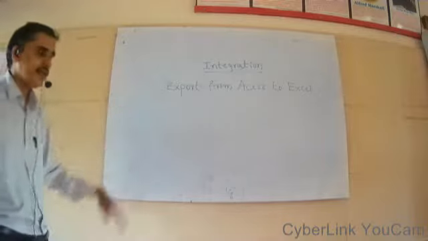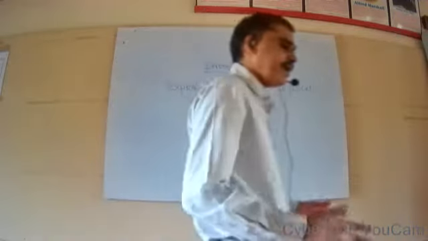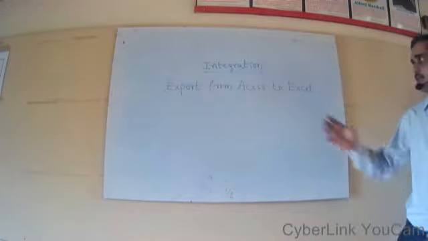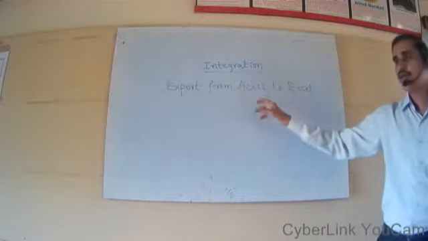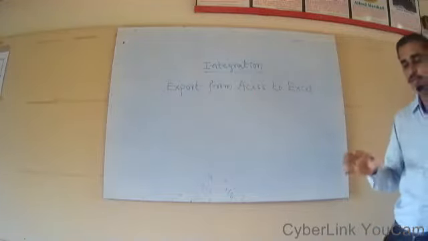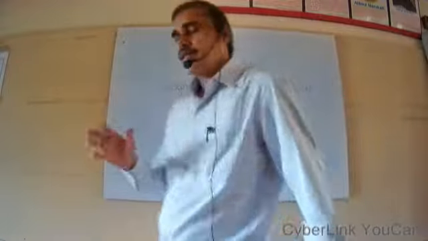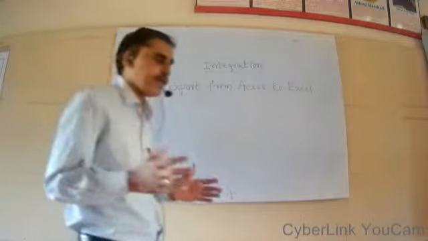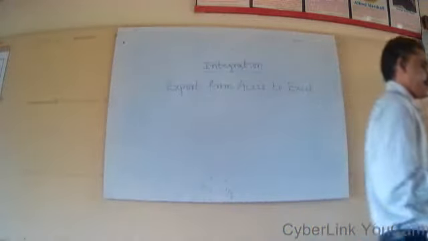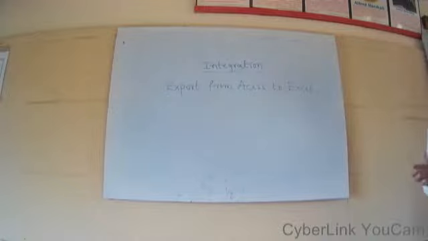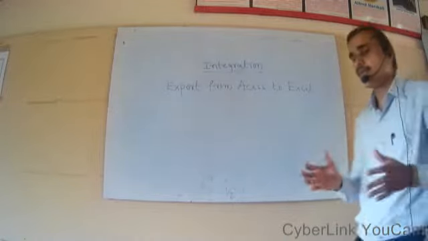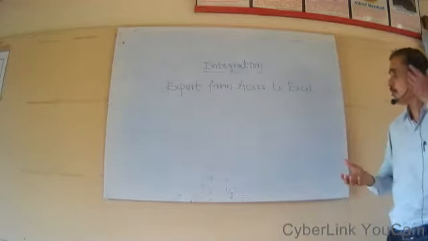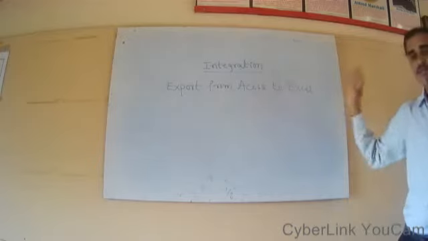You are working in MS Access, which is an RDBMS package, a relational database management system package. In MS Access, data is stored in the tabular format and all those tables are stored in the database. A database is nothing but a collection of a number of tables, the memory area where a number of pieces of information are stored in the tabular format. Assume that you created a database with a number of tables. We are transferring the data from a particular table to MS Excel.